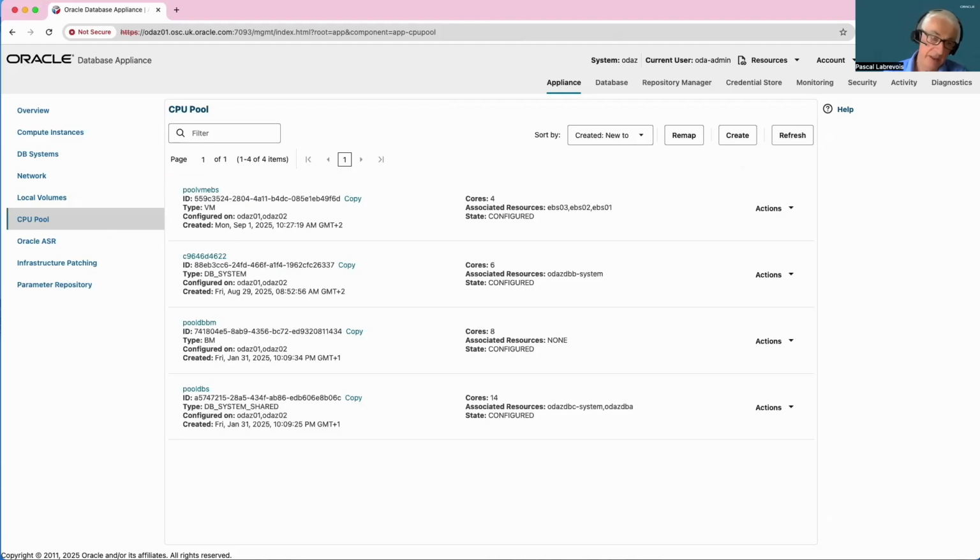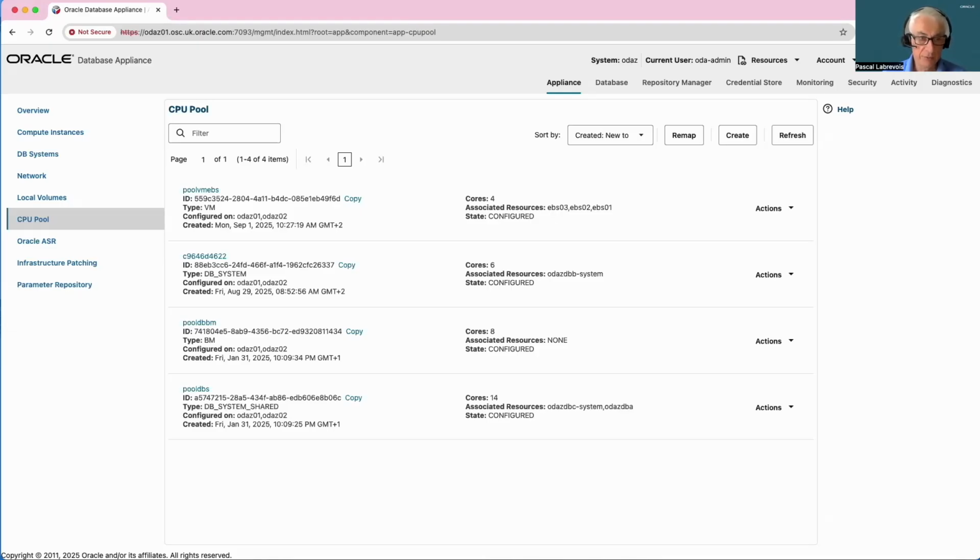The first has been created as a CPU pool, a kind of logical partition for the CPU cores. This one is dedicated for VMs, and it is going to be using 4 cores that will be shared across my 3 EBS VMs.